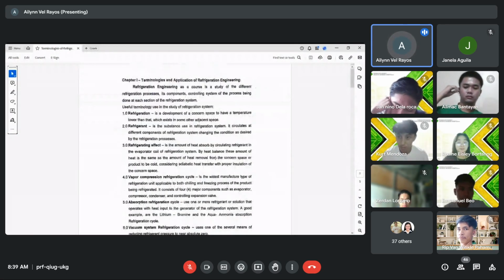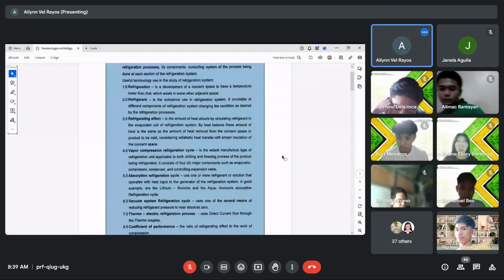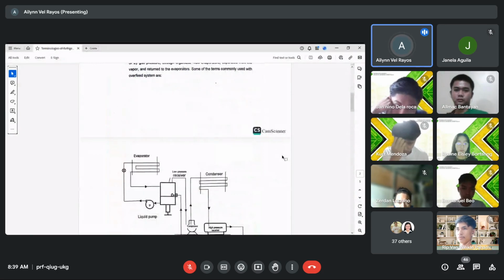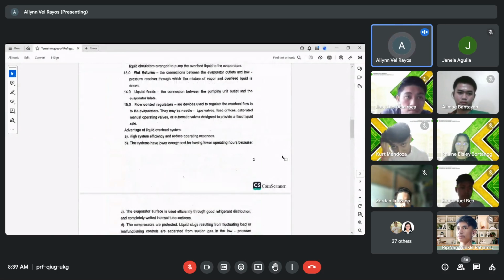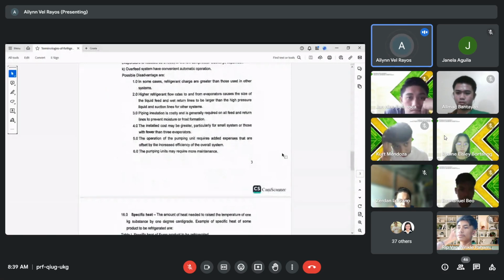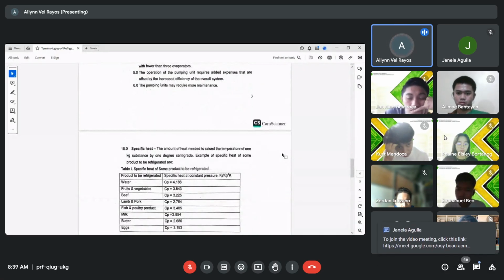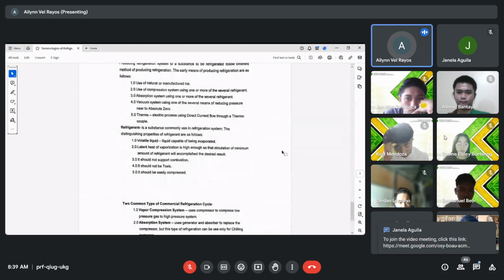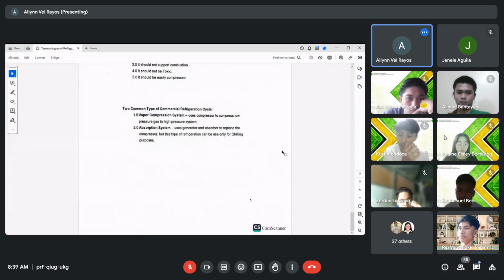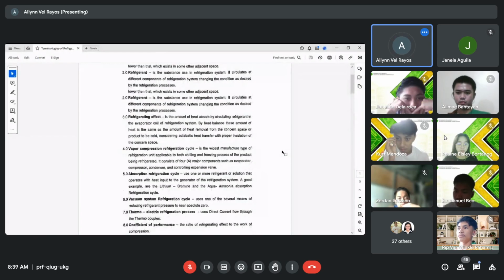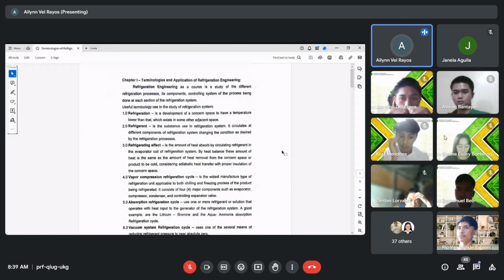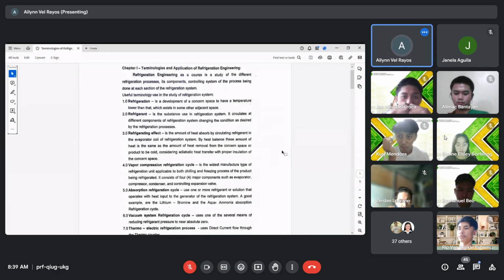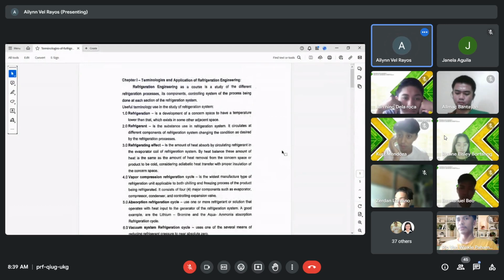Okay, so here are the following terminologies of refrigeration engineering or refrigeration system. I hope na basahin nyo na to. Pero again, di-discuss naman natin yung ibang terms dito as we go on our discussion. Hindi na natin siya babasahin or di-discuss. So, this is more of reading materials again for you. If for example, nandito yung term na gusto nyo alamin, then you can read this PDF.